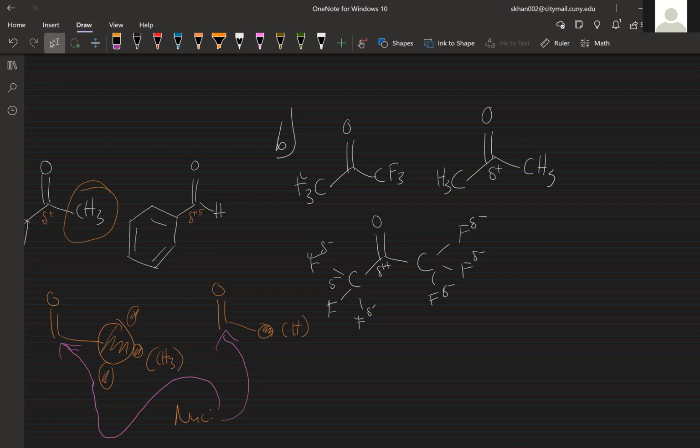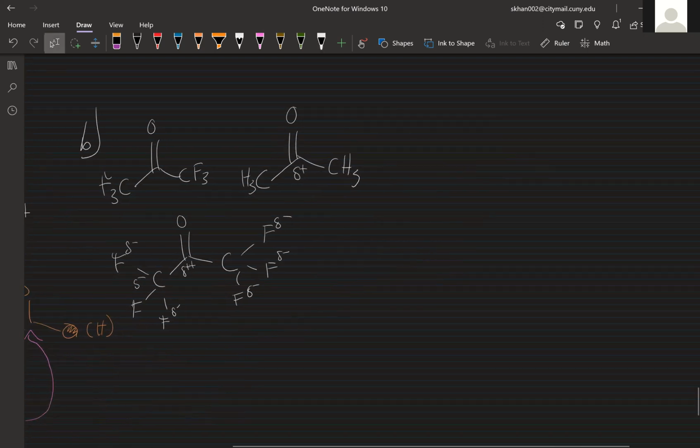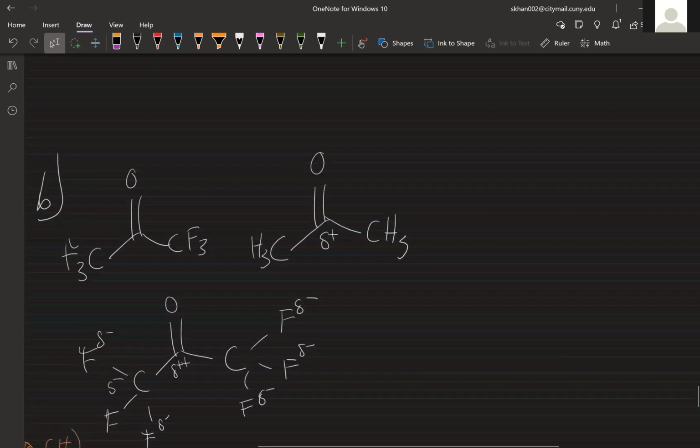yeah, fluorine is going to be slightly bigger, right? But that center is so electron poor because of the CF3 groups, right? That's why it kind of overrides your steric considerations. It's just so electron poor that a nucleophile can easily find it, right? So that's why I was saying sterics isn't really a consideration here, because